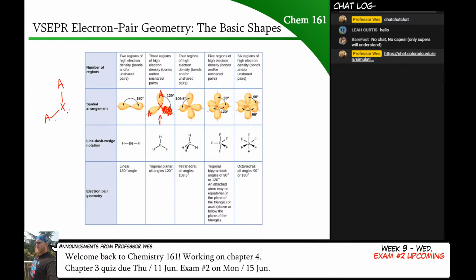This isn't trigonal planar. When you look at it, it doesn't look like a triangle at all. It looks kind of like a bent line. So we're going to give it a different name. And so that's where molecular shape comes in. We're going to turn electron groups or domains into electron pairs, and then just omit them from the overall shape, but keep their presence, because that affects how the shape came to be in the first place.